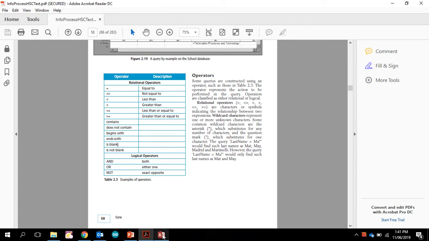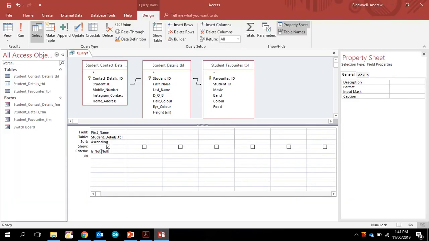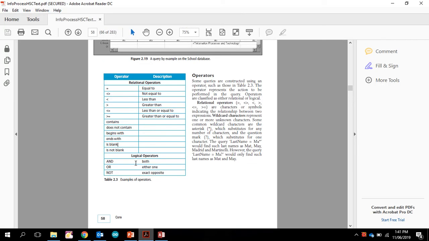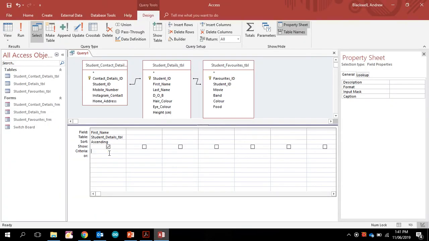So I'm going to show you how this actually works. So we just put not null, which I've done. These are what's known as the logical operators, and they are the relational operators. And how they work is simple. So we'll take this one out. Let's put in here last name, and we're going to find a student, you're going to use a wildcard, who